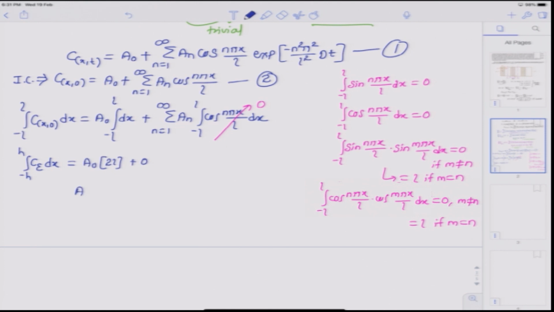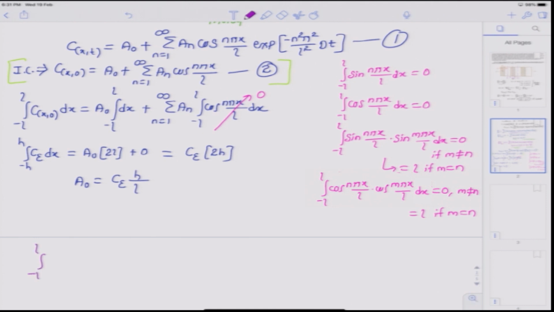So, we get a0 is equal to C epsilon times h by L, because this integral on the left hand side here is nothing but C epsilon times 2h. So, you got the value of a0. To get the value of an, let us multiply both sides of equation 2 by cos of m pi x by L, where m is an integer, and then integrate between minus L to L. So, we get